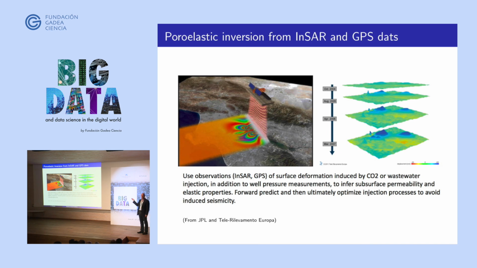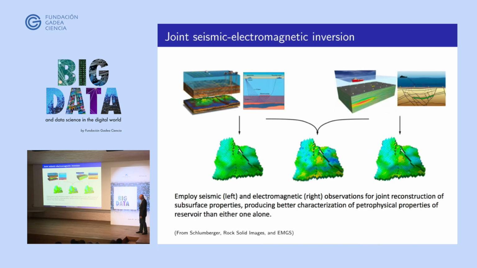But in the Midwest of the U.S., for example, where there's been drought for many years, the production, the extraction of groundwater from aquifers has led to significant subsidence in many areas, as much as meters of subsidence. So we can use that information to go back and try to understand the state of the aquifers.